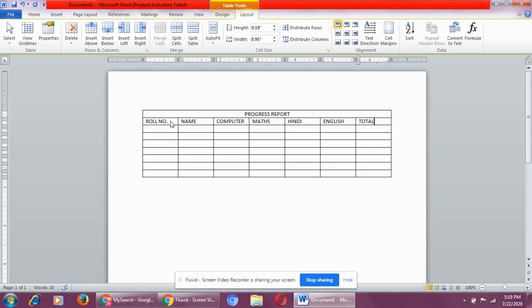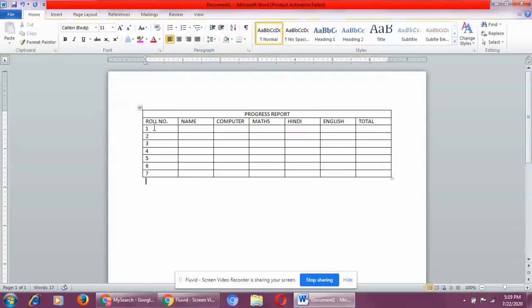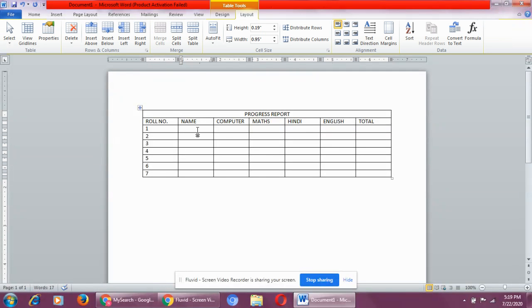Now, what does the next bullet say? Enter rest of the data given in the table. Now, in the roll number, I'll type 1, 2, 3, 4, 5, 6, 7. Okay. Name. Let's take anything.